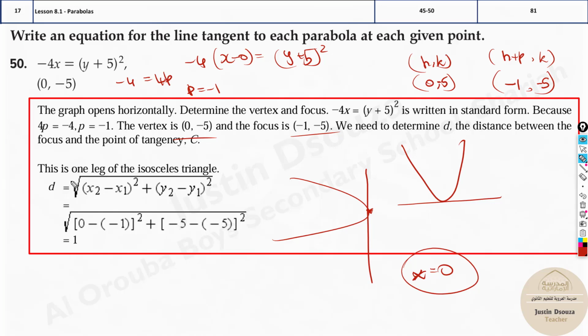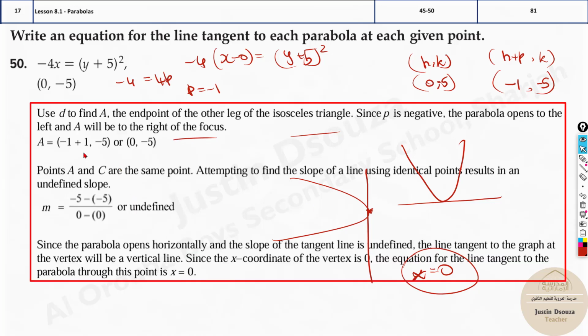But let's understand, even if you do the distance, see over here, distance is done, it is 1. And now you will get back the other point as the same point. Look, it's the same thing. It won't be any other point because whatever the focus, it will only be towards this point, right? You will always be getting the same point and you can't find the slope of the same point. It's undefined. So that's why you realize this vertex is having the tangent, and whenever the vertex is having a